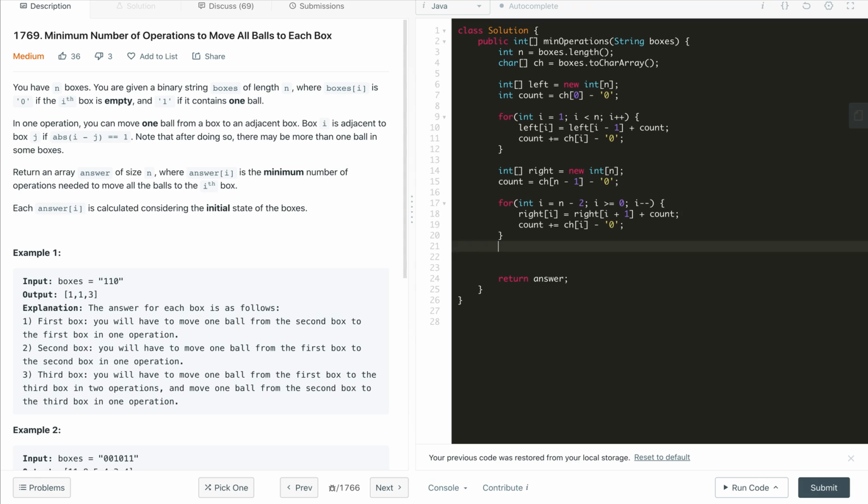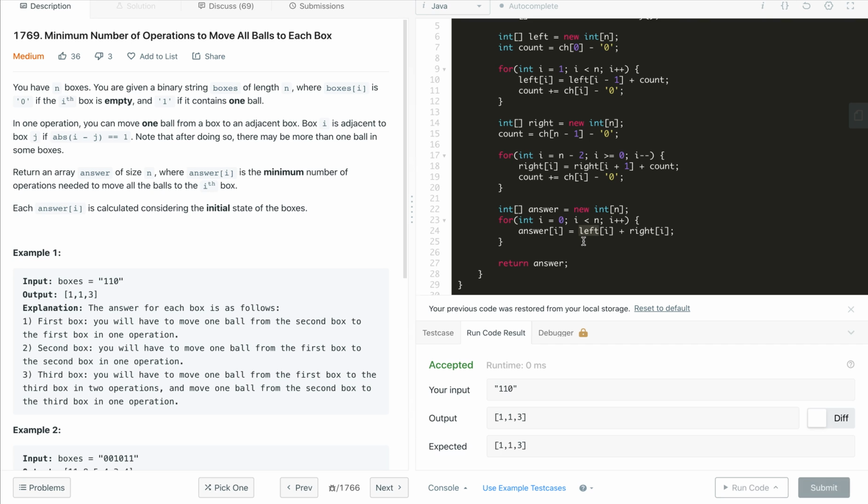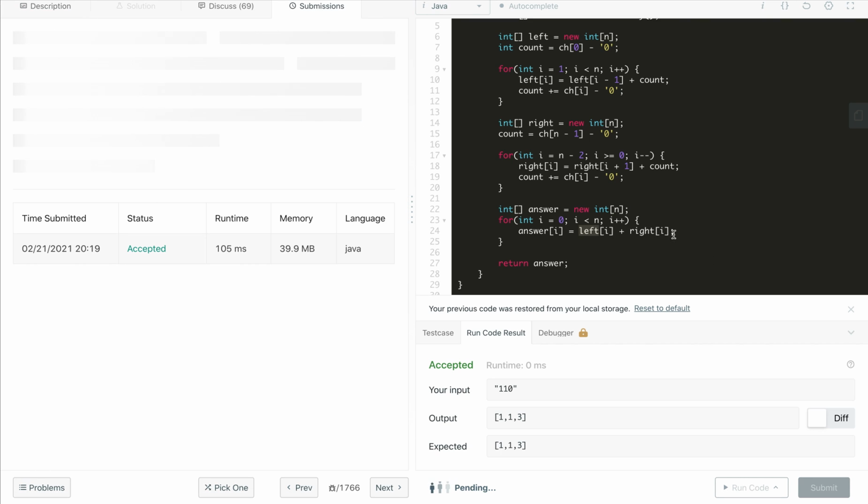That is it. Now, in the last for loop we define our answer array of the same size, and then we start our loop from I equal to 0 up till n, I plus plus. Now, we will write answer of I is equal to left of I plus right of I. Let us just check if there is any typo here. Yeah, that looks fine. So, let us compile the code now. The code got compiled, let us submit the code.